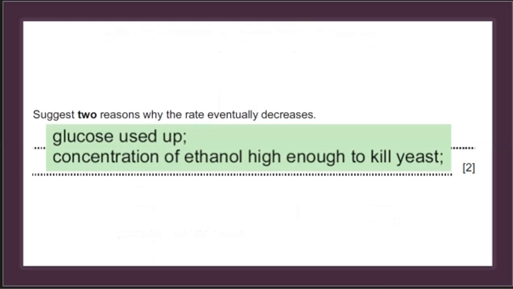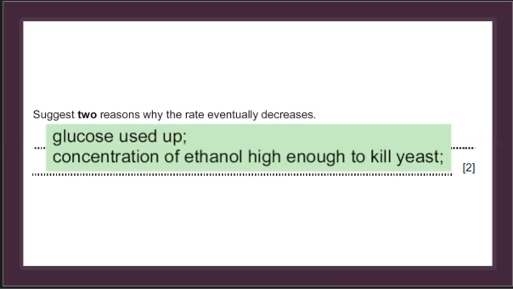All right, so it suggests two reasons why the rate eventually decreases. Now, the rate would eventually decrease if there's no more glucose present, or if the concentration of the ethanol becomes so high that it destroys the yeast that is present, right? If there's no more glucose for the yeast to act upon, well, then the rate of the reaction would slow down. And if the concentration of the ethanol that is inside, that is being produced, is so high, it would